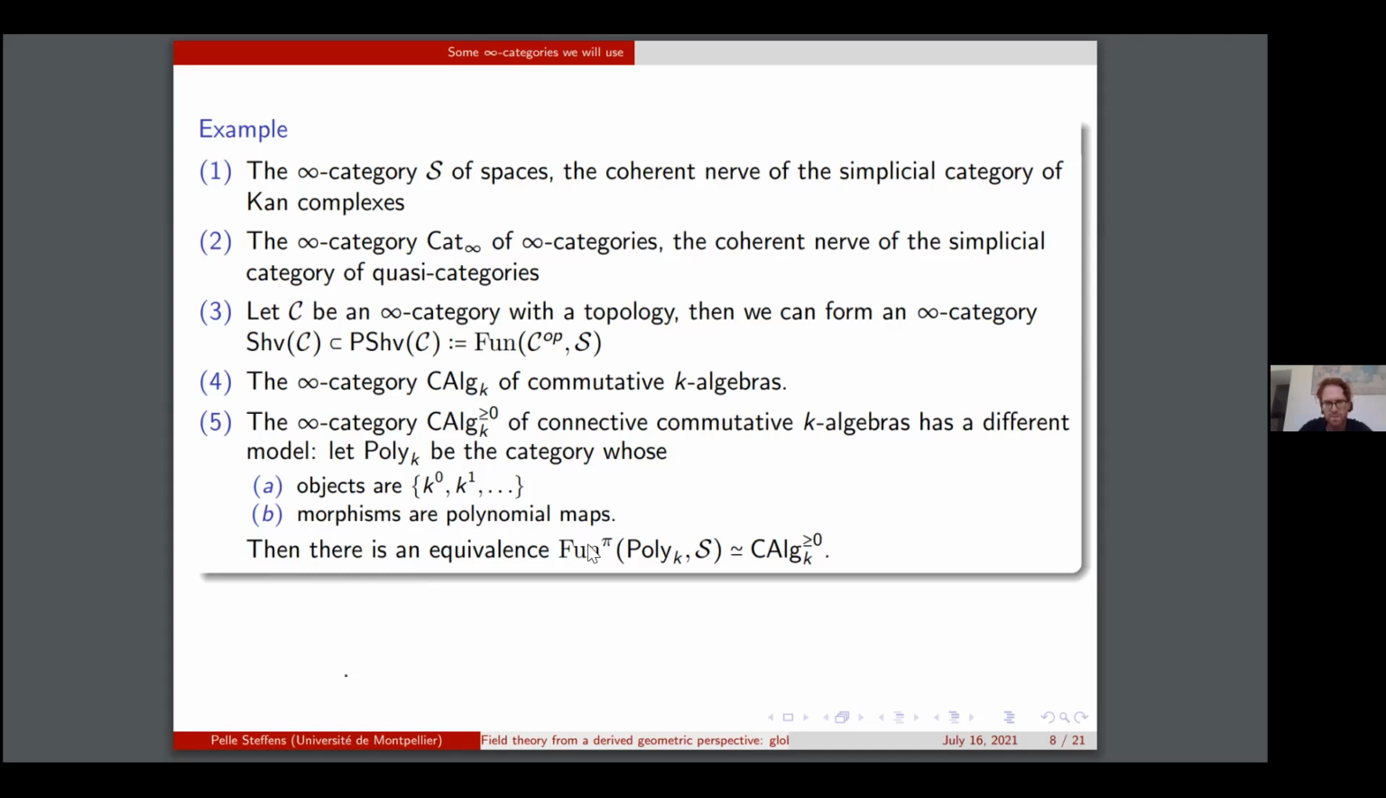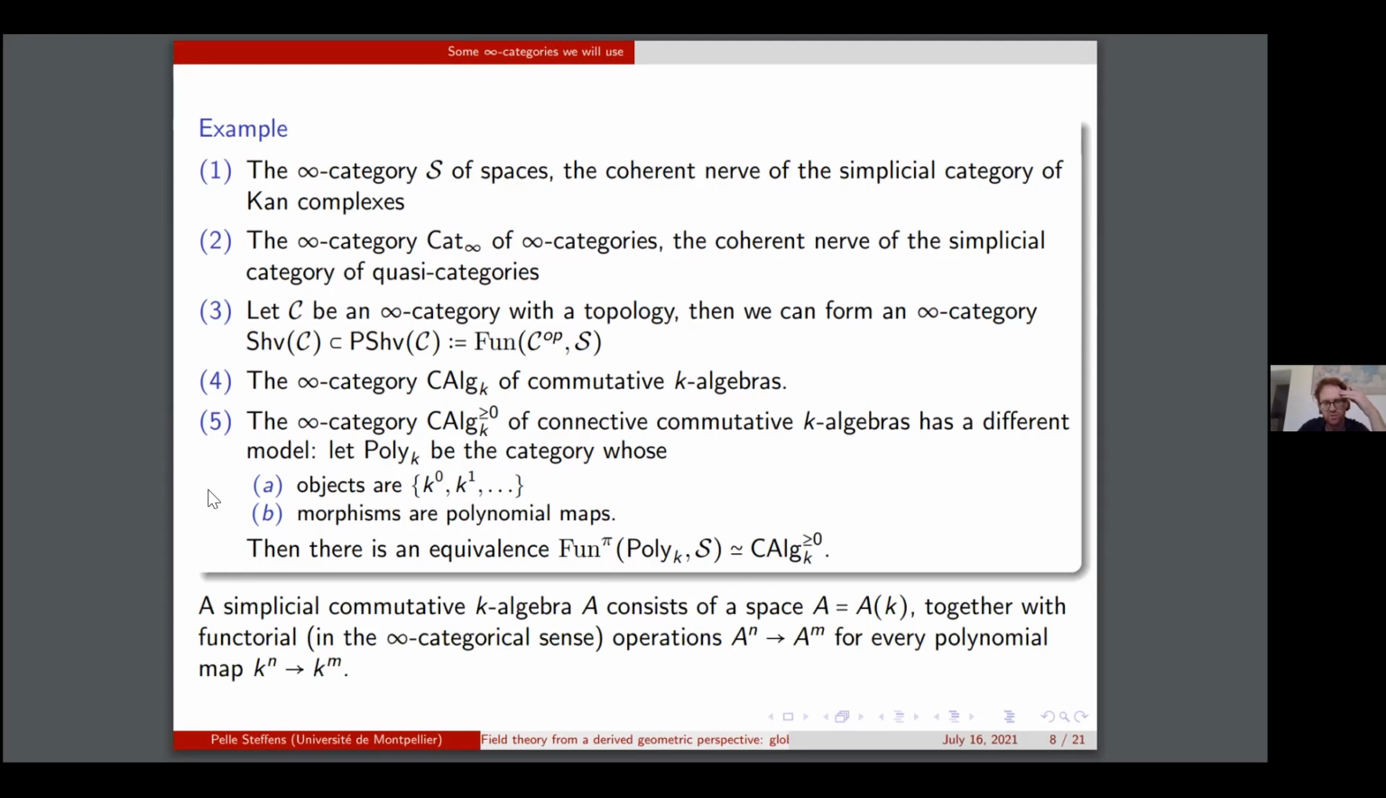Then it turns out that if you take, so this little pi here means product preserving. So if you take product preserving functors from this category into spaces, this exactly models connective commutative K algebras. So how should you think about this? Well,